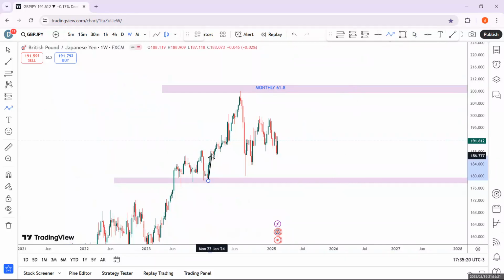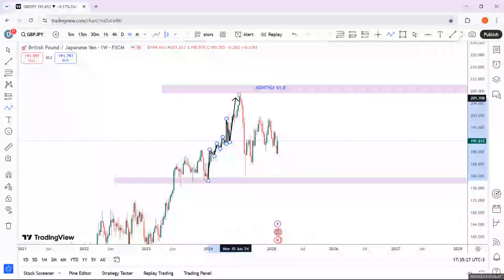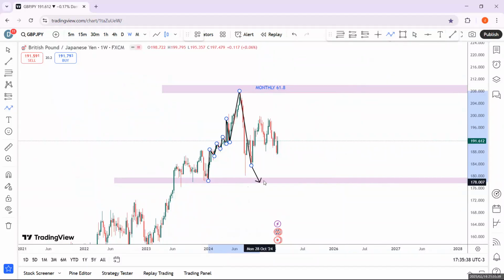So what are the structures? We saw price make push, exhaustion, all these structures which we'll still go on to the daily time frame to expand. It hit 61.8, the second monthly touch of 61.8. What did it do? It broke bullish structure. After breaking bullish structure, what did price do? Instead of heading straight to take profits at this support level,